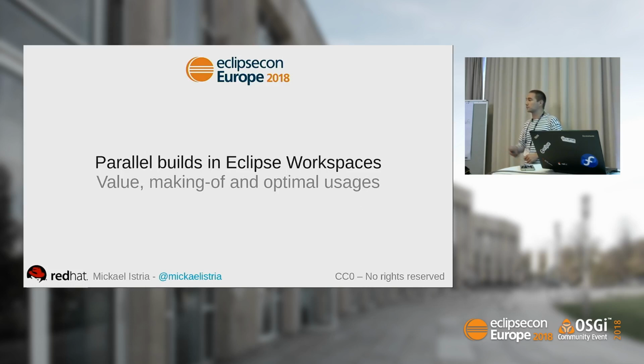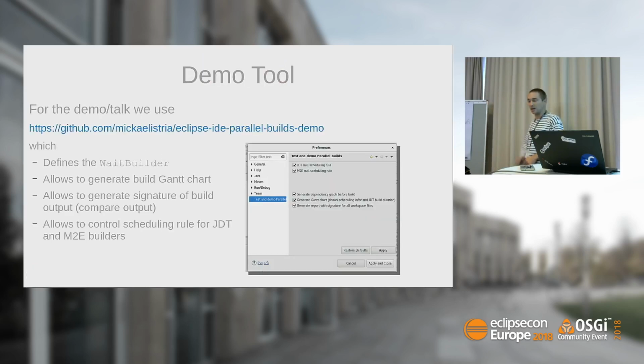And this involves, for example, JDTLS or any headless application relying on the resource model. So the value is beyond the Eclipse IDE, and in our case at Red Hat and OpenShift IO, it's also in Eclipse JDTLS, which is deployed on the cloud. But we'll get into details about this later.